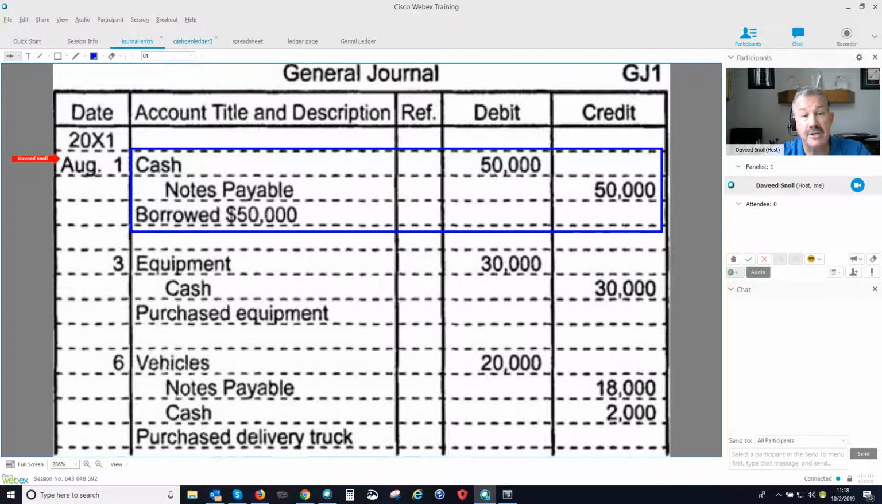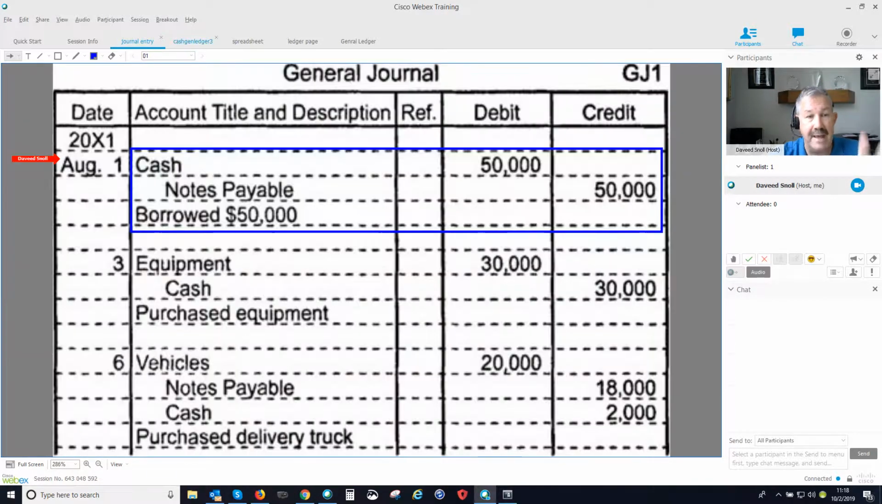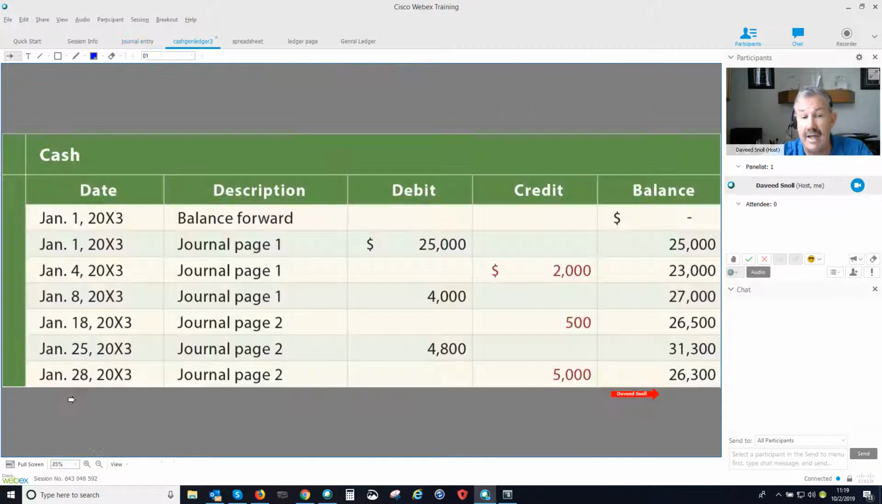So let's start with our cash account. Let's say this is our cash ledger, and I know it's August now, so this is not the absolute snapshot. But the first thing I need to do is on August 1st, put in the $50,000 cash we got. So I'm going to come down here,